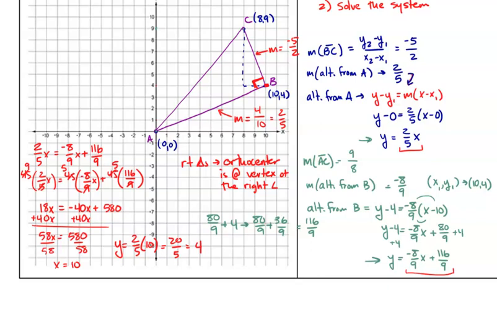So maybe I'll just write it out here. Our orthocenter of triangle ABC is at 10,